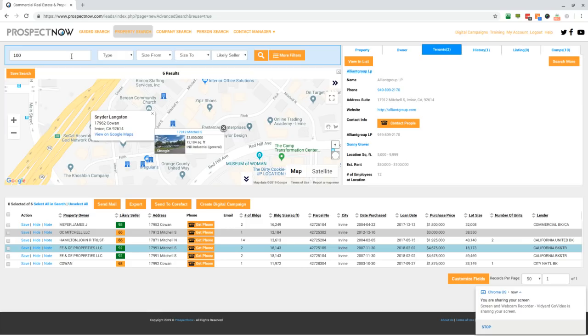So you can search a property address and see all the tenants there and be prepared. Say you're going on a meeting and you want to know all the tenants in the building and who owns the businesses before you go in to do a meeting. So that's how that works. So let's go and do another search